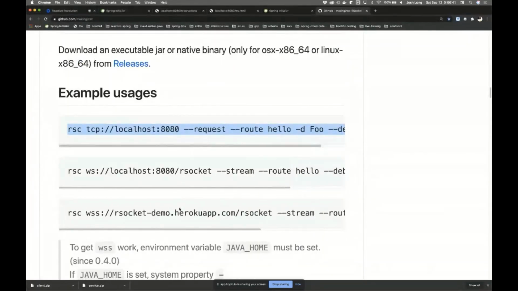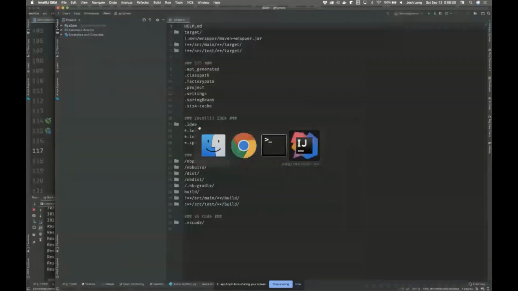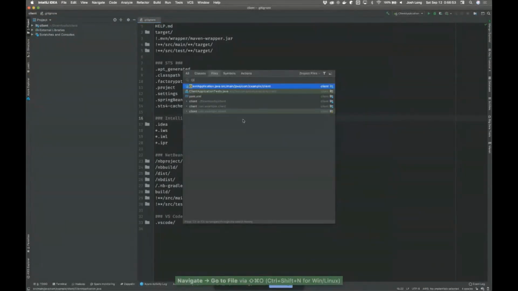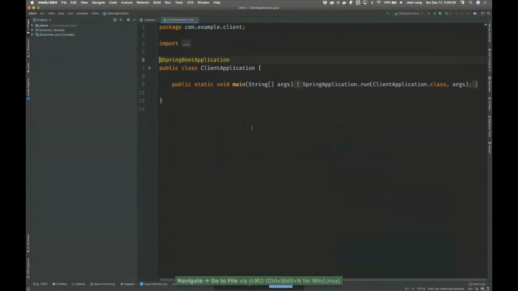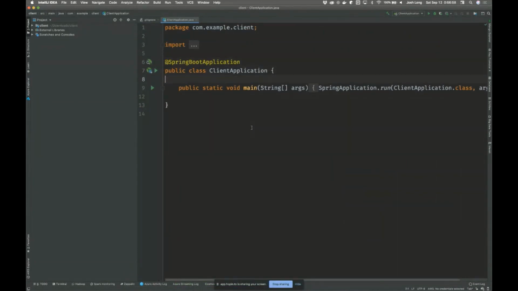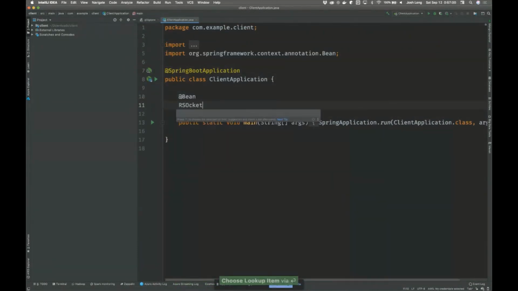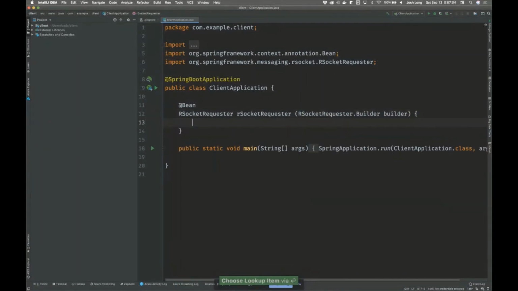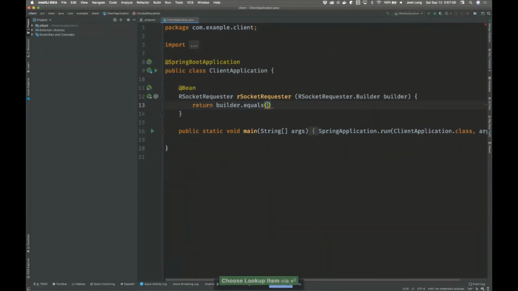I'm missing something very obvious here, my friends. Doesn't matter. Okay, so anyway, we have a client now, and in the client, I'm going to connect via Java to the RSocket code. So here, I'll just create a bean of type RSocketRequester.builder, then builder dot connect TCP localhost 8888.